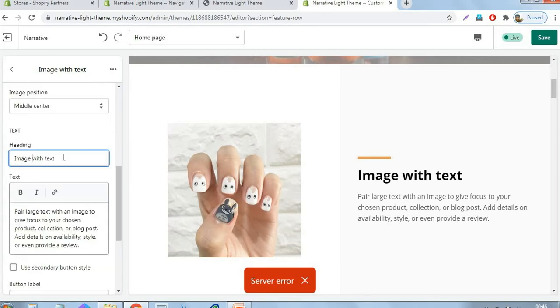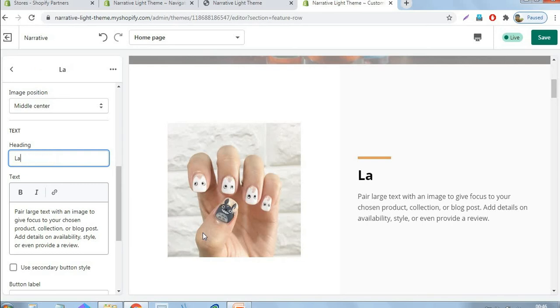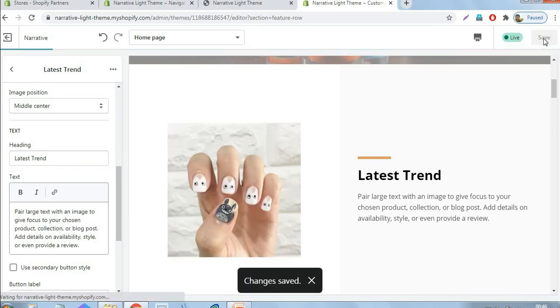Okay, latest trend, and just click the save button. You can update the text here. Okay, this is the heading only I am updating here.